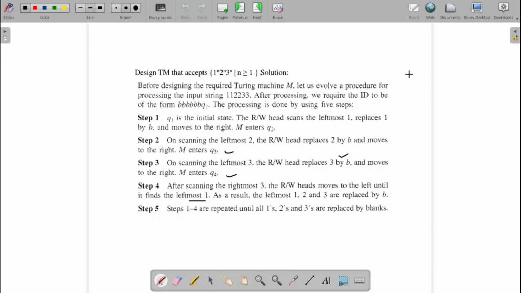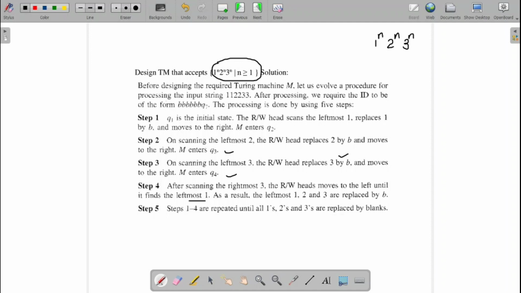The example discussed in this video is designing the Turing machine for the language 0 1^n 2^n 3^n for n greater than or equal to 1. So 1^n means the number of ones should be equal to the number of twos, which should be equal to the number of threes.